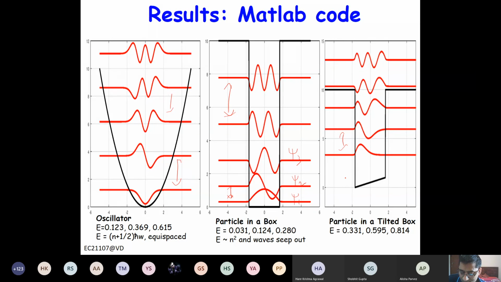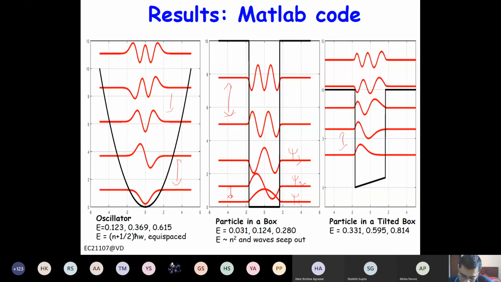And so on above it. Now this energy is not necessarily outside the box. It is basically just scaled, right? It is scaled so that you can have better visual. The energies are inside the box, and corresponding energy you can also see here: 0.123, 0.369, 0.615. So this exactly fits with n plus half h bar omega.